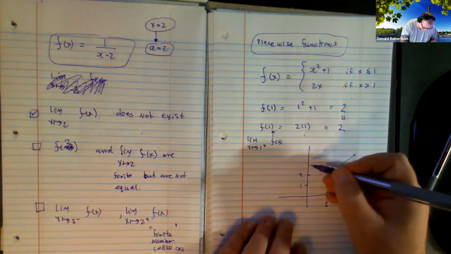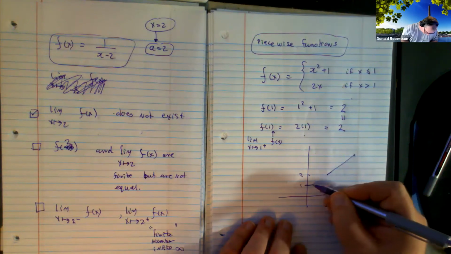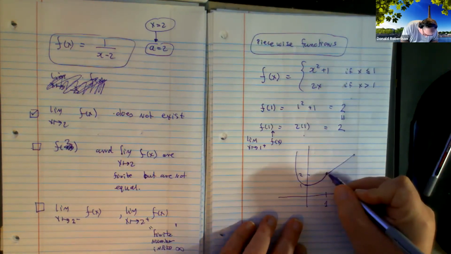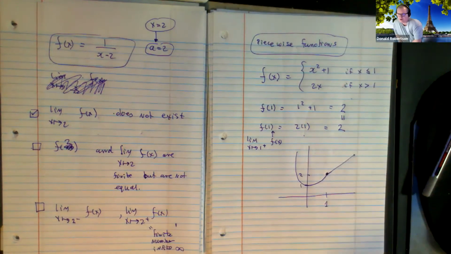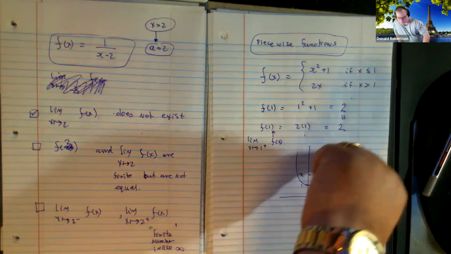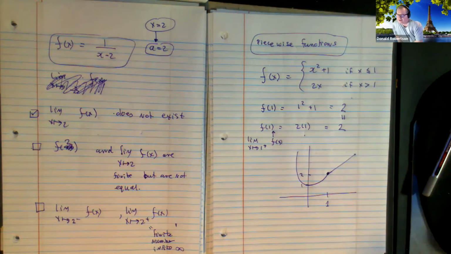What would x squared plus 1 look like? And it would look something like this. And okay, there'd be a funny little corner there, but isn't that okay? If you were a little car driving along there, wouldn't that be an awkward bend, but it wouldn't kill you? You agree? You could bend around the corner, you'd be safe.